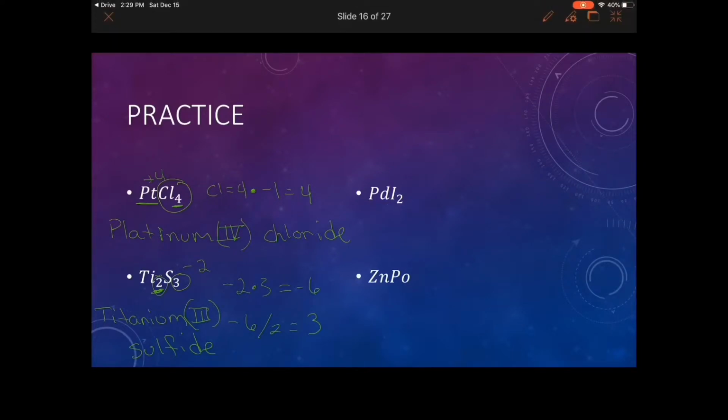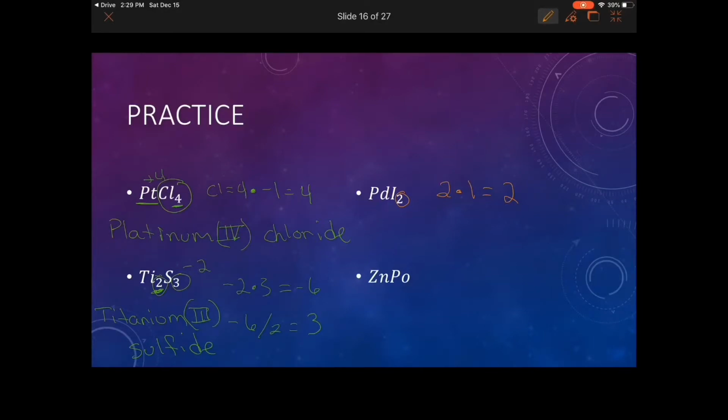Let's try the next one. Pd, that stands for palladium, and I is iodine. If you look at where iodine is located on the periodic table, it's group 17. That means typically it's going to have a -1 charge, and we have 2 atoms there, so we're going to take 2 times -1, which gives us an overall charge of -2. Palladium doesn't have any extra atoms there, so that means to balance the -2 charge out, it's got to have